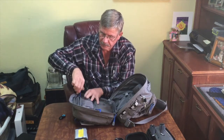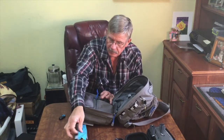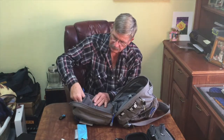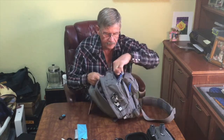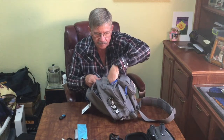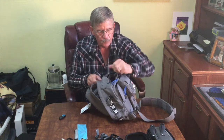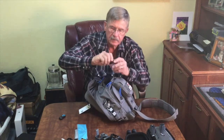This pocket here, we have a little wipe for the camera lens. This one here, all my cables and SD cards fit in that little pocket right there. This little pocket right here in the back, I have the nice gimbal guard sunshade with all my little landing gear extensions, which are very handy to have. And I also carry a set of rubber caps for my motors when I take the props off for extended